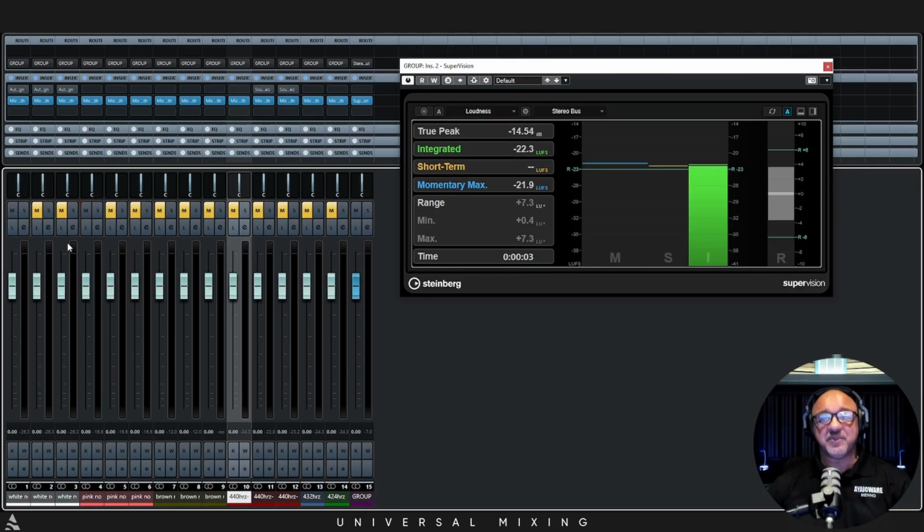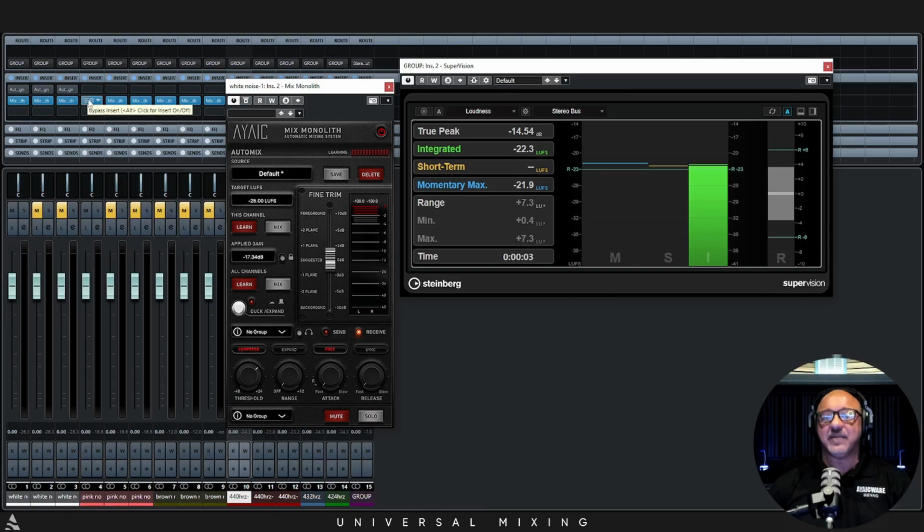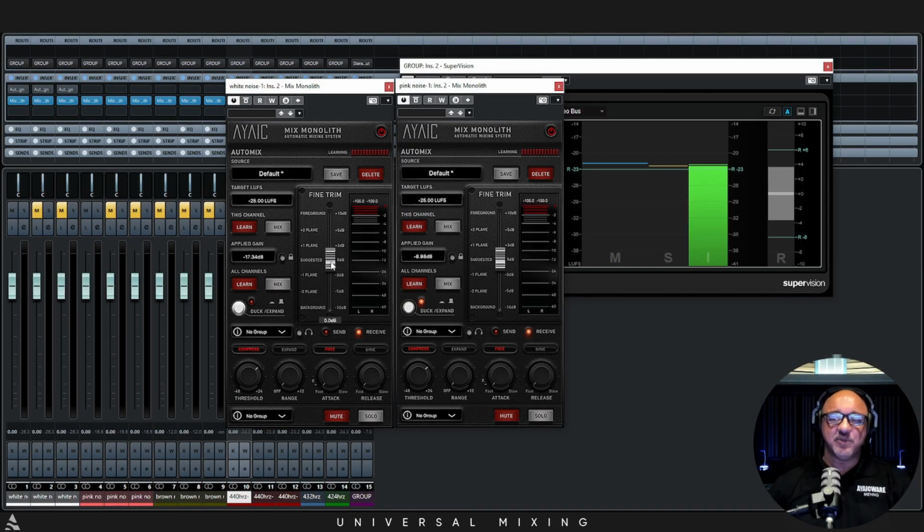So what do we do? Well, we go here, and we go here. And now we can use the fine trim fader to drop them both by 3 dB, or since we've already learned, we don't have to learn again, we can just simply type in minus 28. So minus 28, mix, minus 28,